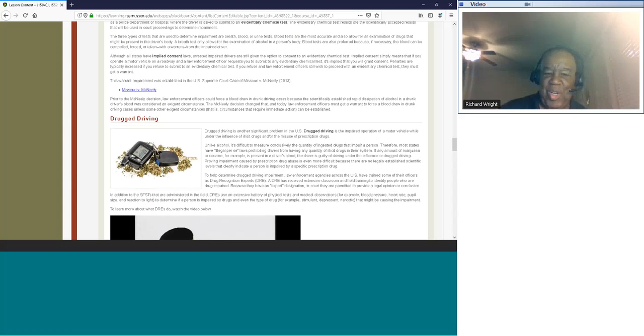Finally, drugged driving. Drugged driving is when a person is driving while under the influence of illicit drugs or the misuse of prescription drugs. Now, you should also pay attention to the warnings that are on your medication. Almost every medication comes with a warning that is based upon what the lawyers had the prescription manufacturers put on their drugs, that it may cause you to be, I should say, erratic, or it may make you drowsy or something like that.